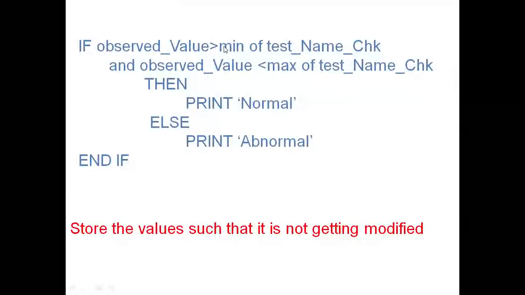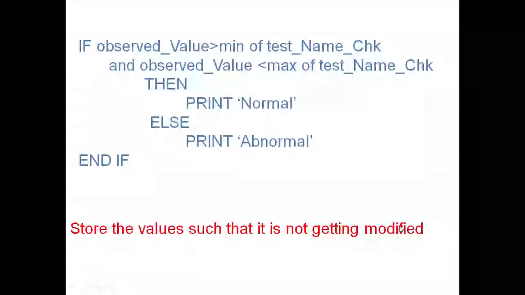If the observed value for that particular patient is greater than the minimum test and is less than the maximum, then you are going to print normal. Otherwise, you are going to print abnormal, right? The constraint given in this problem is that the value stored should not be modified. Okay, so you need an immutable sequence to